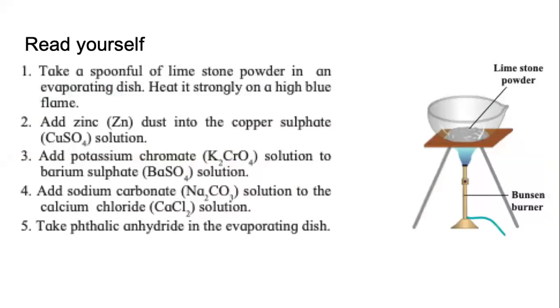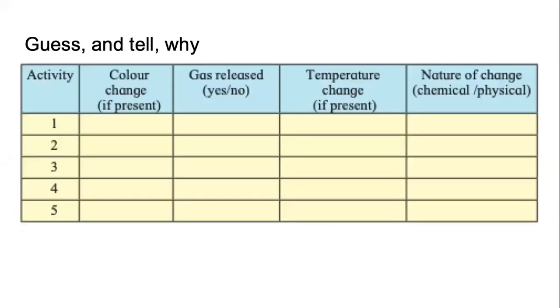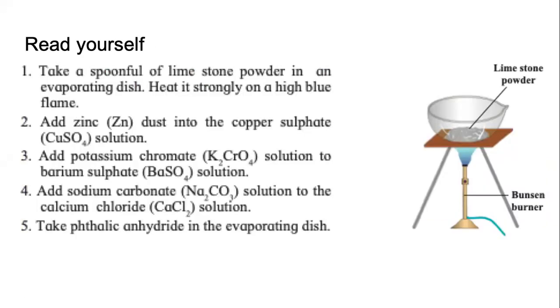here, the experiment is asking you to do 5 different things. So look at these 5 different things and just make a guess कि ये जो 5 चीजें हैं, activity 1, whether it is physical or chemical change. Number 2, whether it is physical or chemical. 3, 4, 5. Write it in your notebooks. Tell me when you are ready.